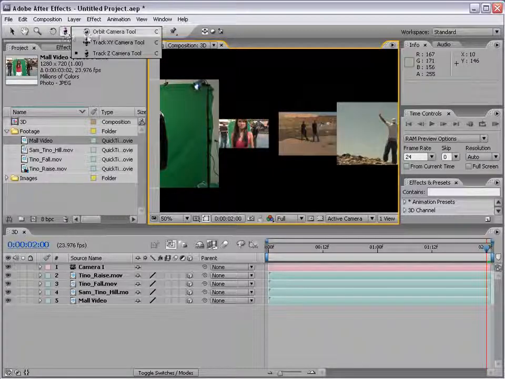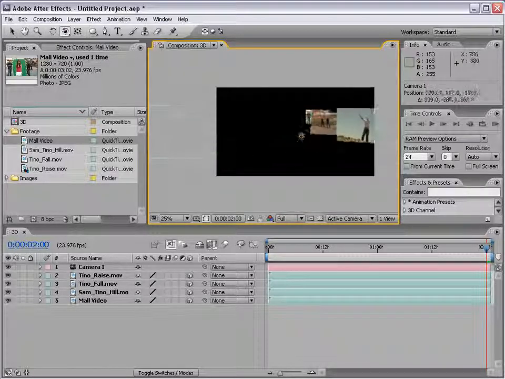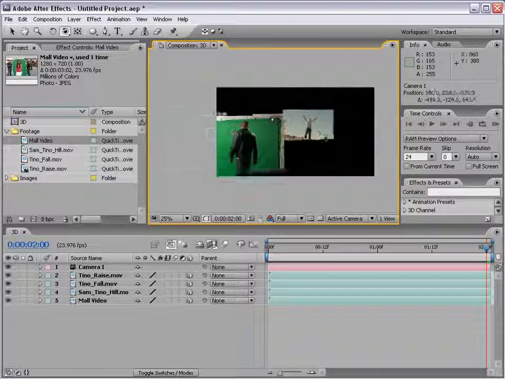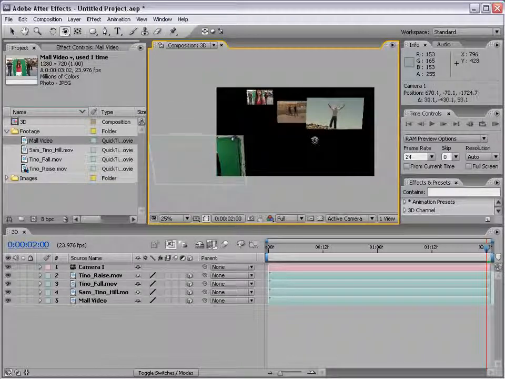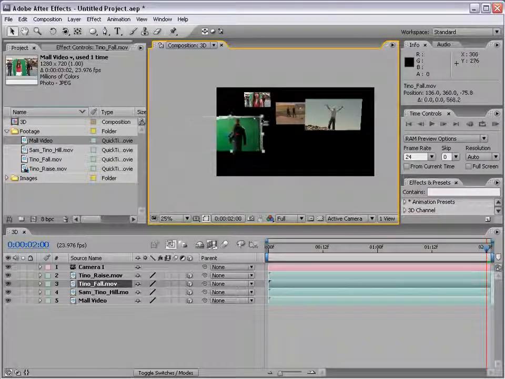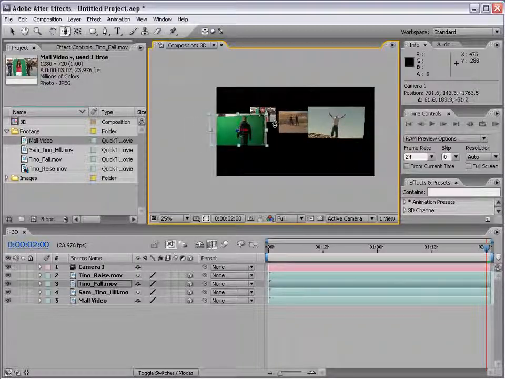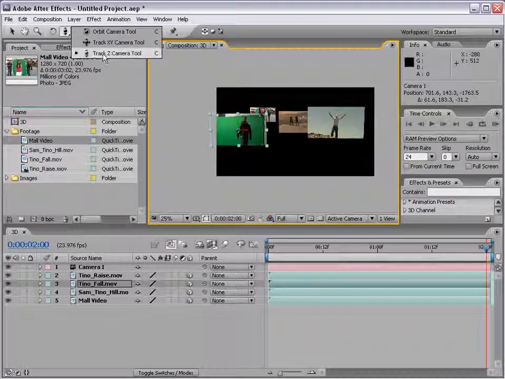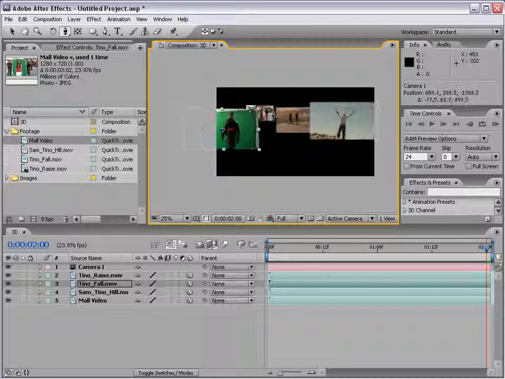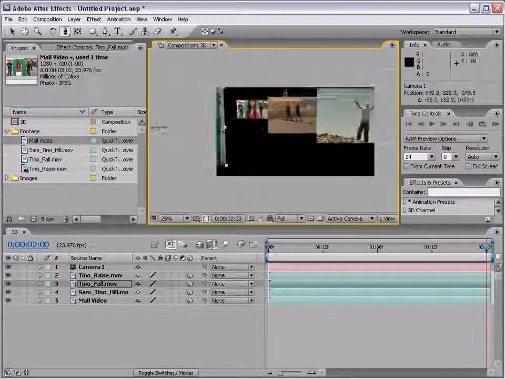And then if we take the Orbit camera tool, we can really start to see that our layers are in fact 3-dimensional. Now we may want to move them a little bit closer together so that we can really fly around them. But as you can see, we do have the control over these layers using the camera. Now we can go to our Track Z camera tool and kind of push in through these layers and make like a video,